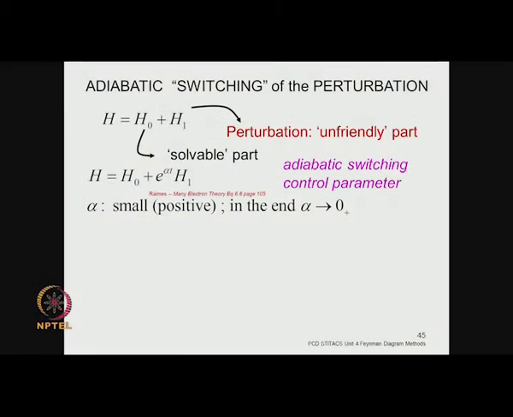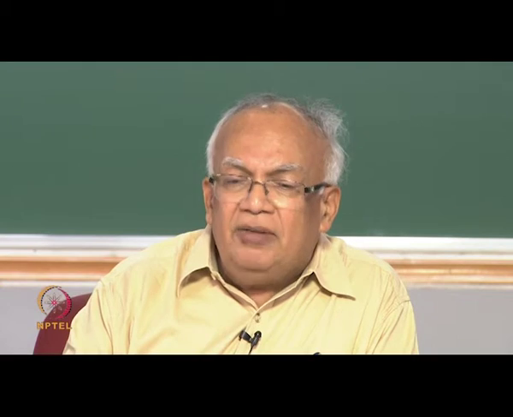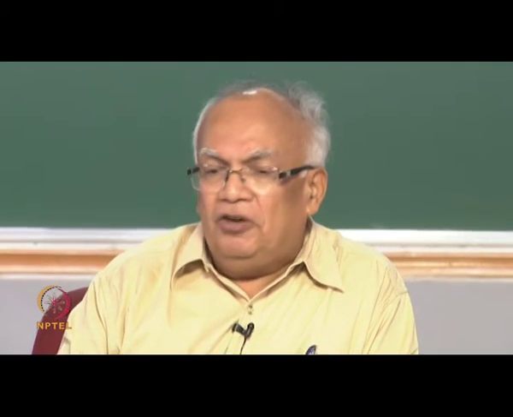So, we develop this mathematical technique, we multiply H1 by e to the power alpha t, okay. And in the end, if we take the limit alpha going to 0, then you get the full Hamiltonian, which is what the problem really is. Okay? We are looking for solutions for the full Hamiltonian. So, that is our target, and we will get solutions to this problem by developing a formalism by inserting a mathematical device, which is the switch control parameter. So, alpha is the switch,